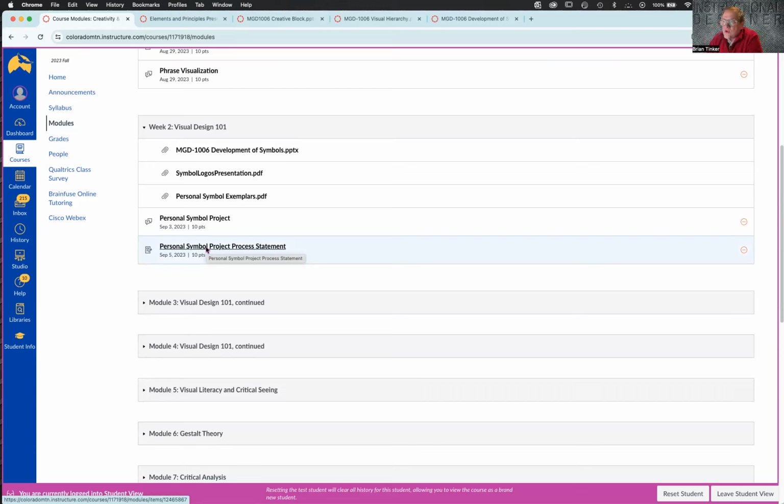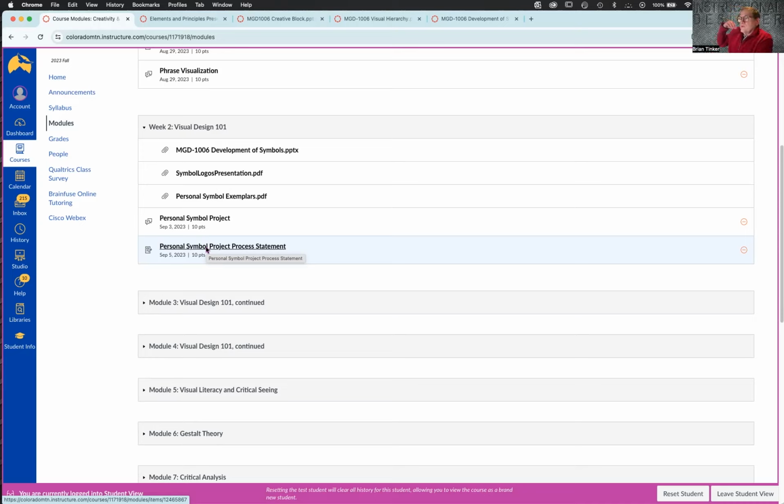It might go through their problem-solving process, and then they're supposed to do an analysis within that statement of how well they think their project turned out. And it's an opportunity for them to be introspective. The comments that they make about their project may not be positive. They may not be happy with the way it turned out, but they can absolutely learn something from that experience.